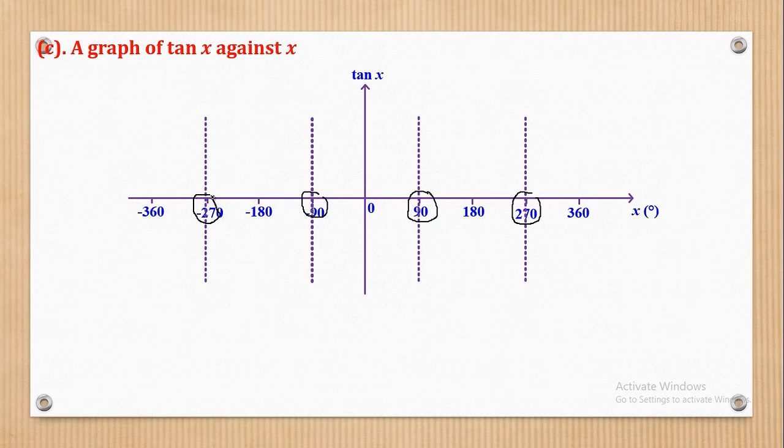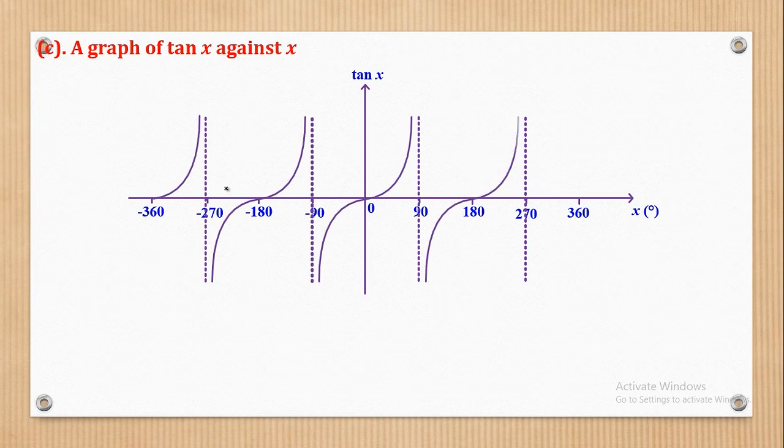In other words, it tends to infinity. Therefore, tan does not have maximum and minimum values. It only has points where it tends to infinity. That is why I put these vertical lines. So when I come to draw it, the shape will be in that form. So what you realize is that the value of this graph never touches this line. It never touches that line,